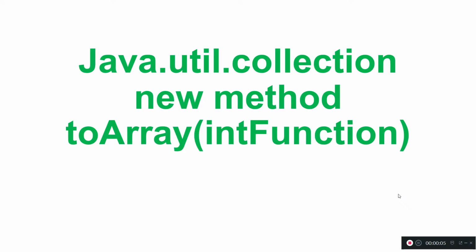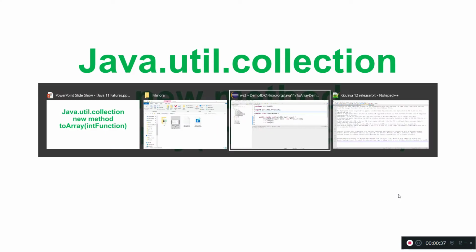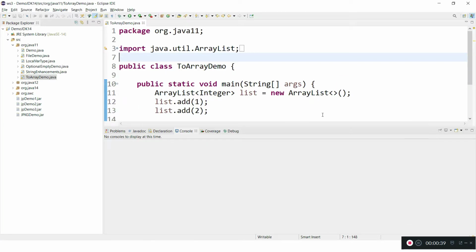This is a video continuation to our previous videos of the series, which is Java JDK 11 new features. This is an enhancement to the existing java.util collections. The toArray method has been included. It's an overloaded method which takes the generator object to generate a new array from the existing collection. Let me quickly show you the code, how we can use the toArray method to generate the arrays.